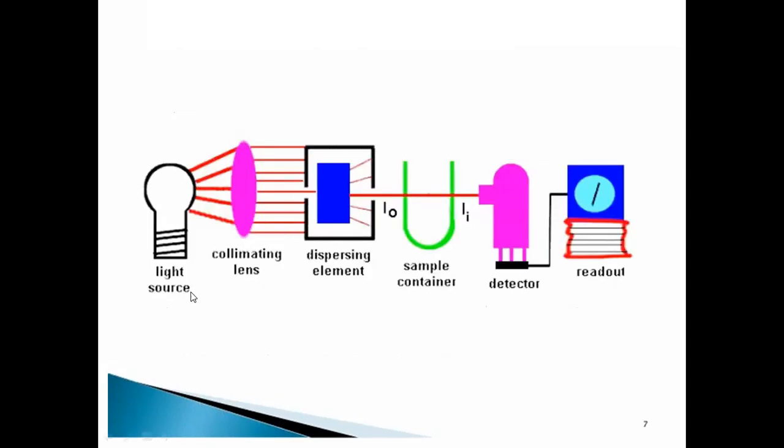So different instrumentation designs are available in market, or say different UV spectrophotometers are available in market as per their make. But the basic design is light source, polymetric system, dispersing elements, sample holder, detectors, and the readout system. So different components are involved in each pattern or in each system. So instrumentation is very important as far as qualitative as well as quantitative analysis is concerned.